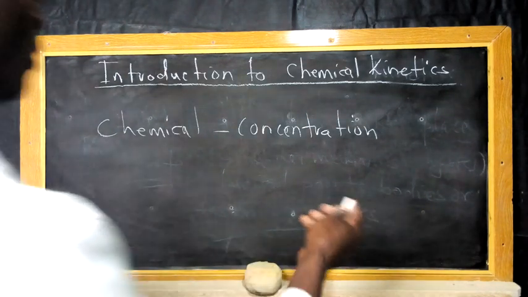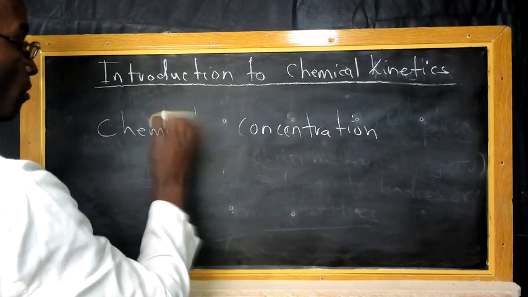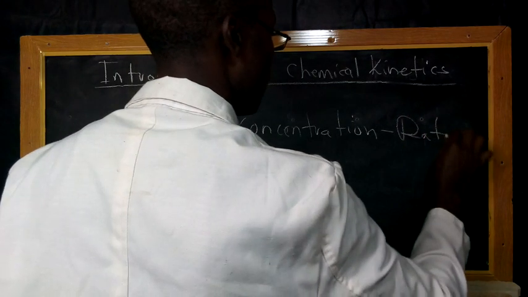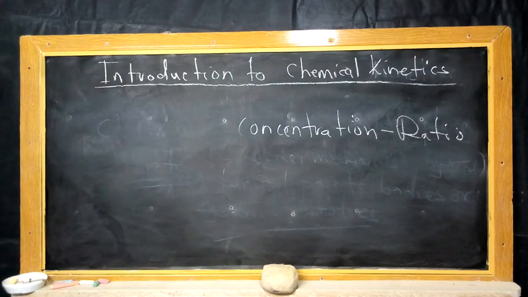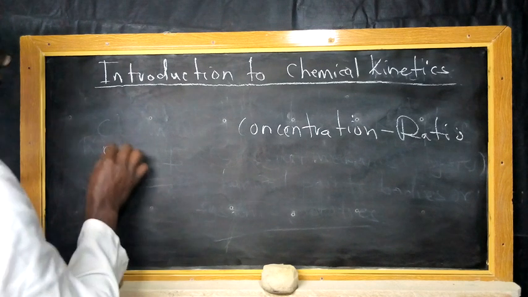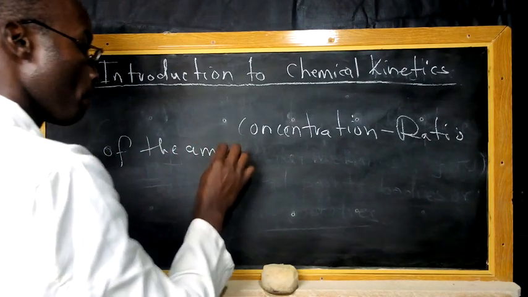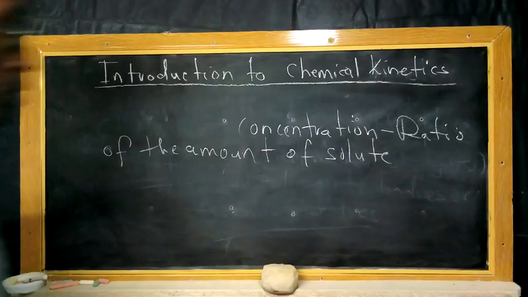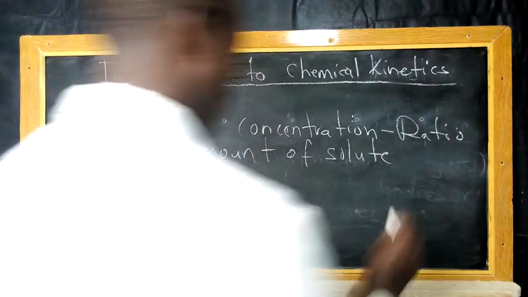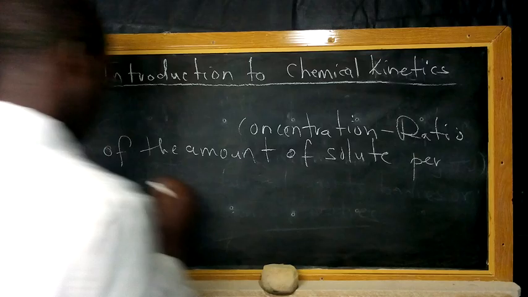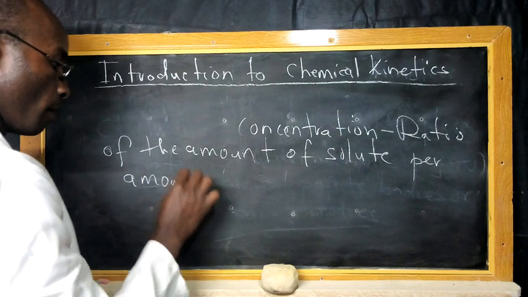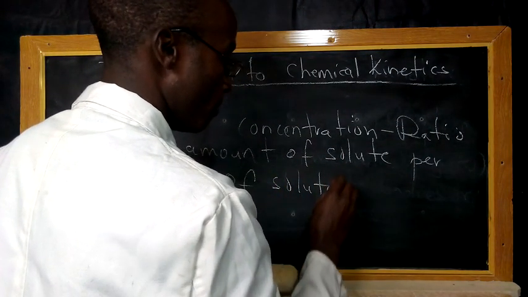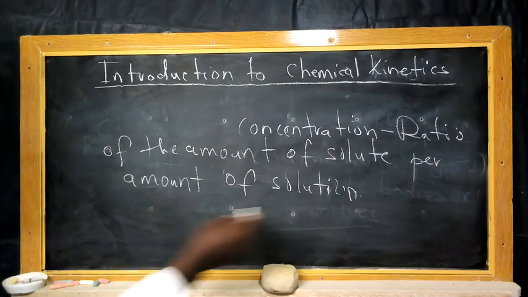So we can define concentration from this point as the ratio of the amount of solute per amount of solution. Now, bearing in mind that we understand the difference between these two terms that we have used here,